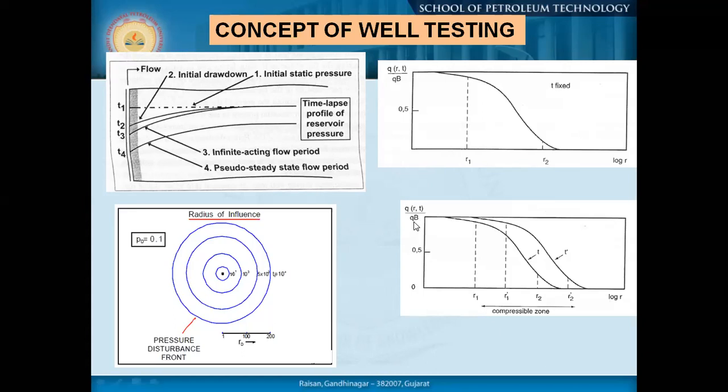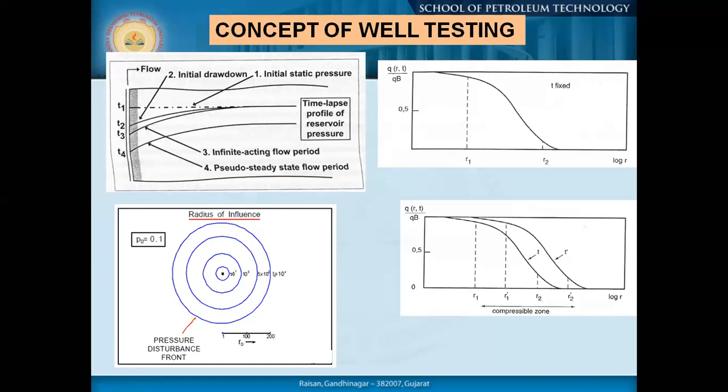Okay, and what is QB? If you multiply Q with BO, that means QB is Q at a specific reservoir pressure and temperature. So when it is 1, you are getting the surface production Q, but your QB is the reservoir value. Once it is 1, that means whatever you are producing on the surface, the same has responded to your reservoir. That means the reservoir has supplied the whole Q for that specific production.